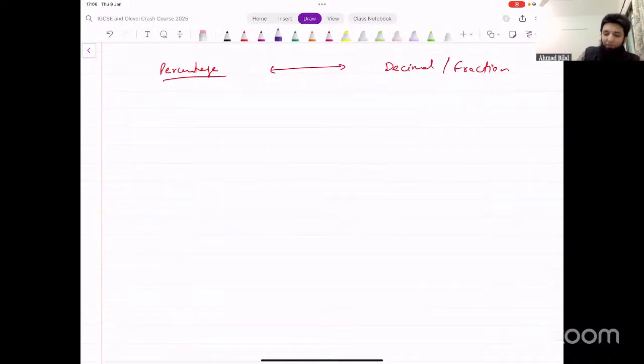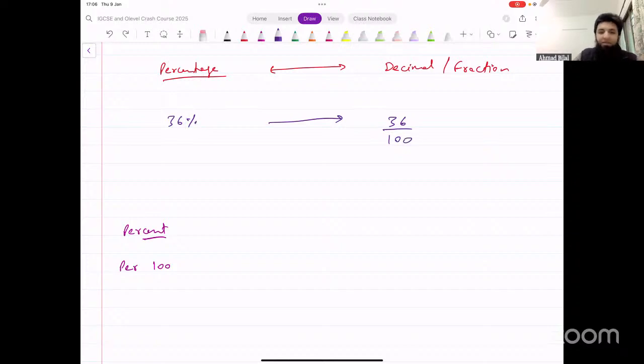So for instance, if you've got 36%, what does this mean? Percent, the word itself basically means per cent. Cent stands for 100. It means per 100. Okay. So whenever you have a percentage sign, what that essentially means is you've got 36 over 100. So this percentage sign means over 100. So if you had to write this percentage as a decimal, that would be 36 over 100, which means